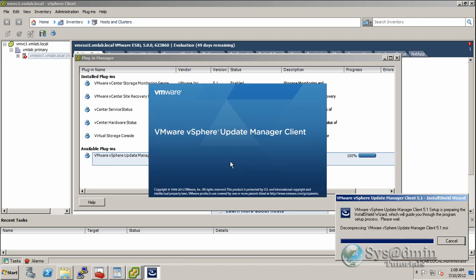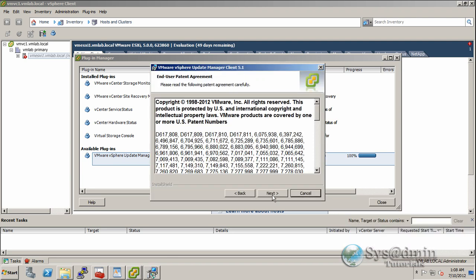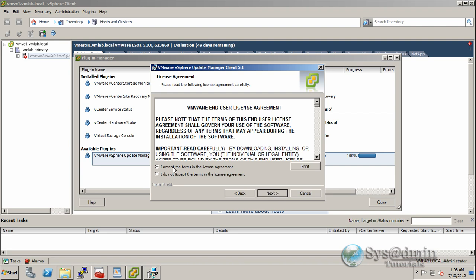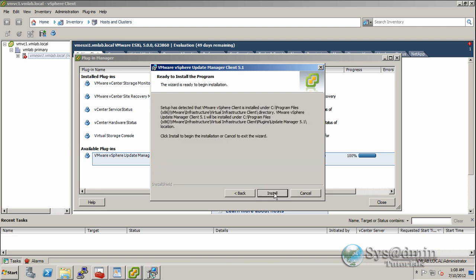Click OK, click next, next, accept the license agreement, next. The installation wizard has detected that the vSphere client is installed under this directory, and therefore it explains that the Update Manager client will also be installed under that directory in a folder called Update Manager 5.1. So I'm going to click install,